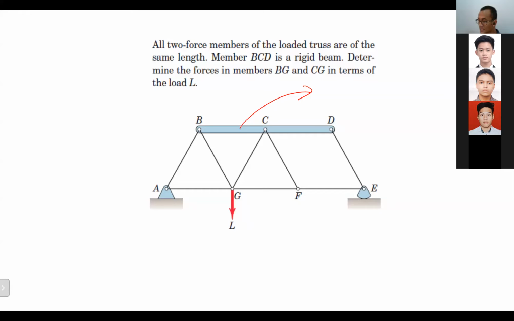Okay, PCD is a rigid beam. So the meaning of rigid beam is that it cannot be moved and there will be no deformation there. Okay, and you can make it the same as the